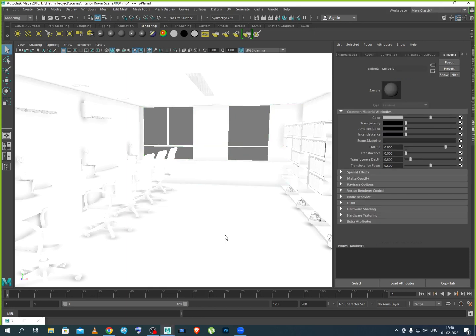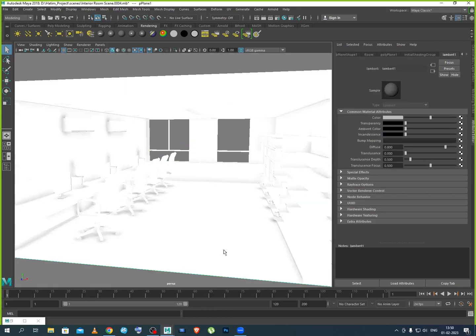Now we need to apply the floor texture also. So I have selected the floor on this one. Now go to the material again, and I am taking a reflective material on this one. Reflection, how you want your reflection. Here we have options called anisotropic, second one blend, and third one which we have used just now, that is Lambert, that is a rough material